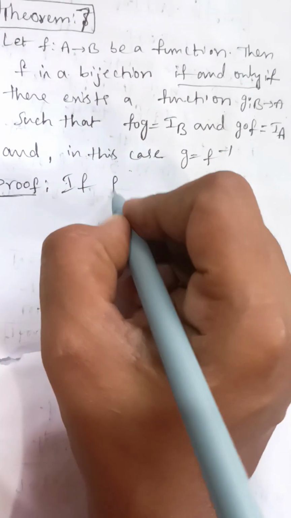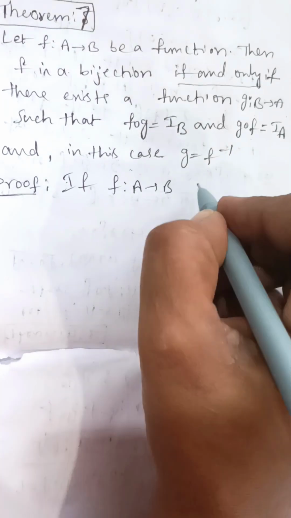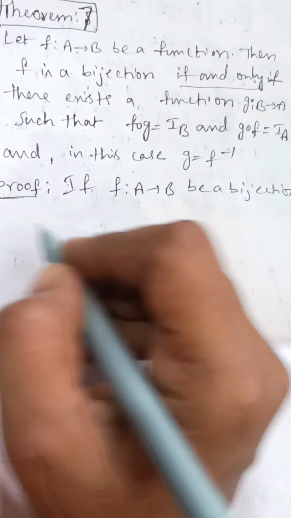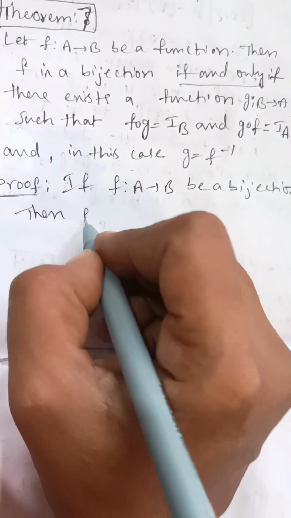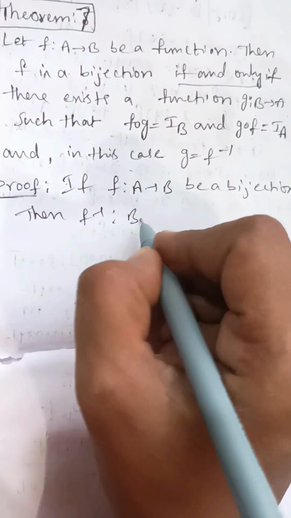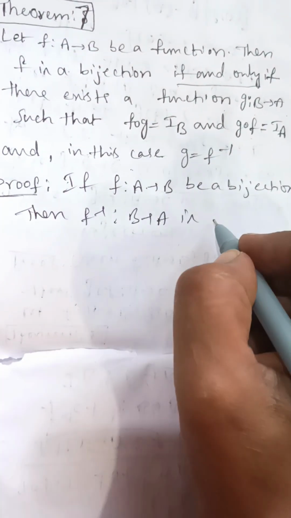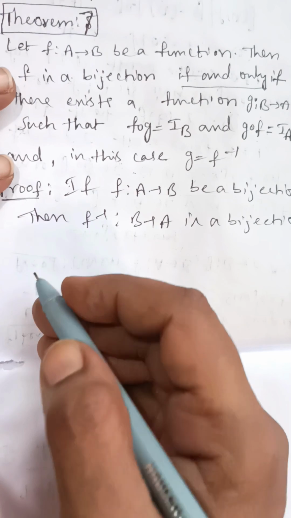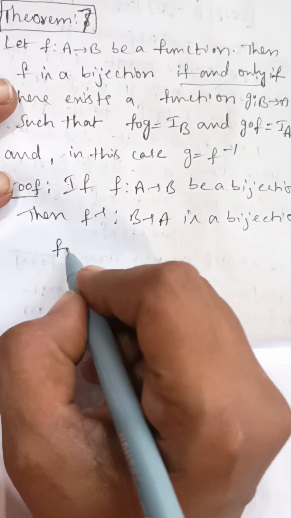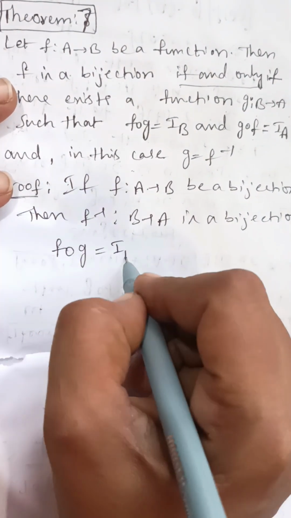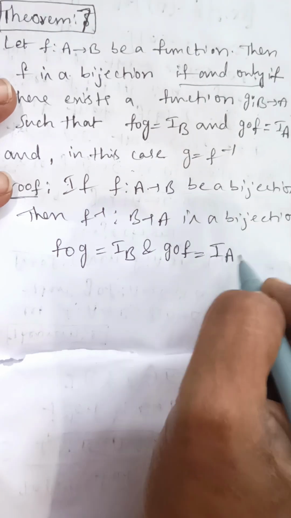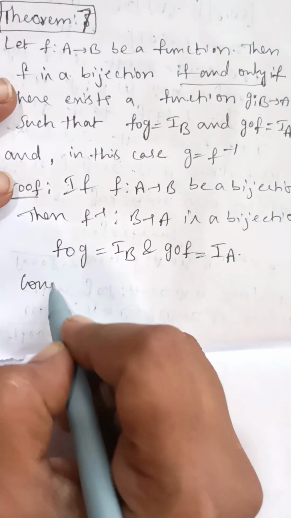Okay, if f maps A to B is a bijection, then f inverse maps B to A is also a bijection. Then from the fifth theorem we can write f circle g equal to I_B and g circle f equal to I_A. Okay, next conversely,